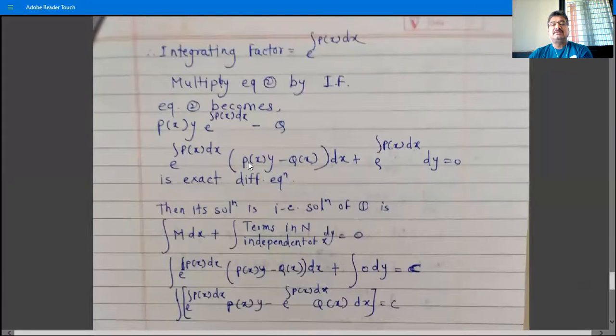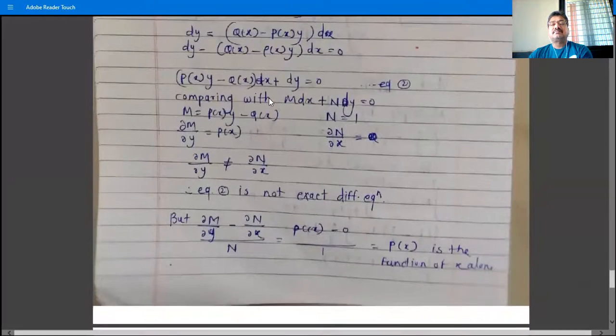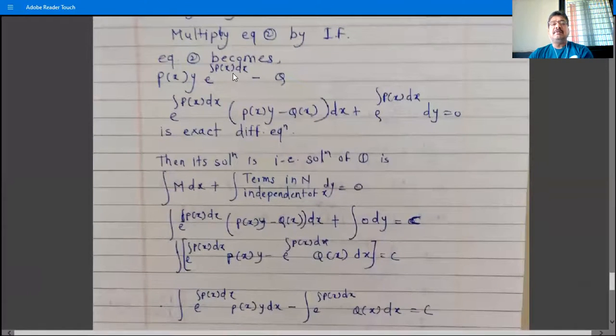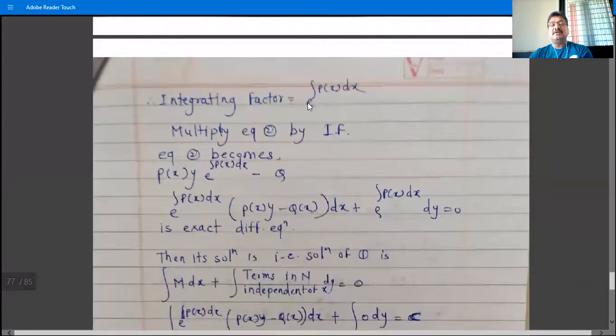e raised to integration P dx in bracket (Pxy minus Qx) dx plus e raised to integration P dx dy is equal to 0. So this becomes the second equation. So, multiplying the second equation by the integrating factor, that is e raised to integration P dx,